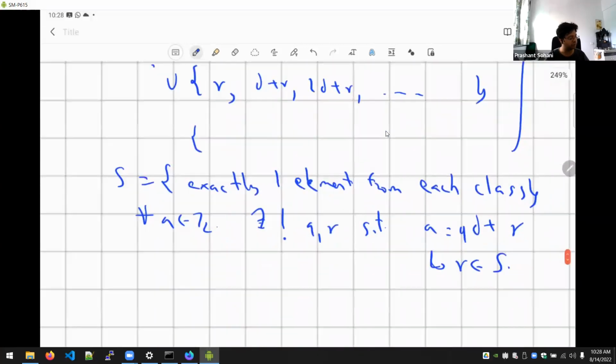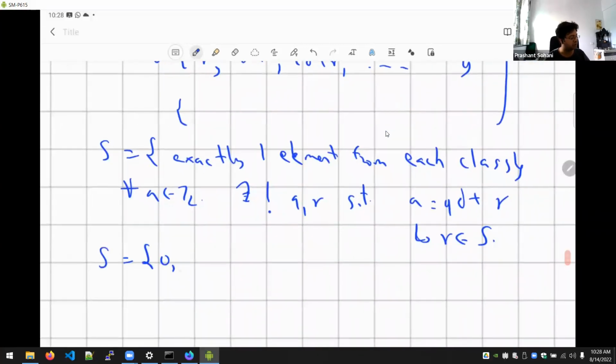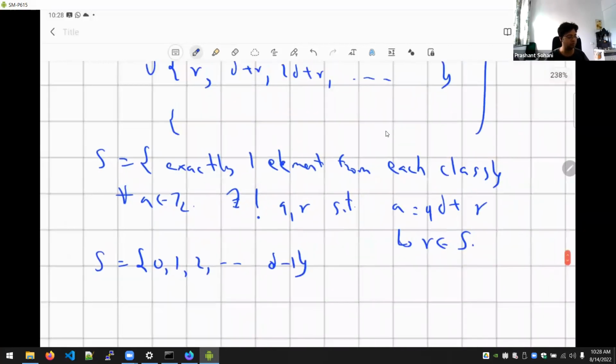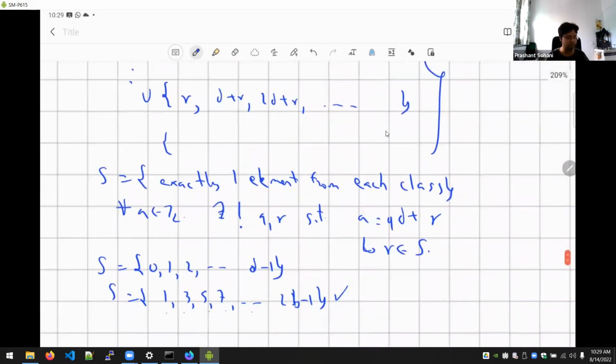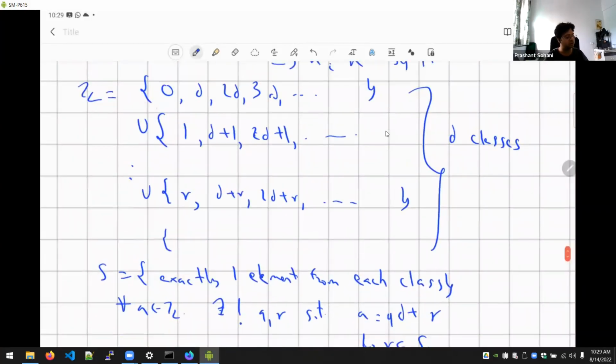So in the normal division algorithm, we take S to be the most boring set. It is just 0, 1, 2, 3 up to D minus 1. So this is the standard set of remainders that we all know. In the question I asked in the test paper, I considered the set S to be the set of all odd numbers: 1, 3, 5, 7 up to 2B minus 1. But the important thing to realize is, why did this set work? It was simply because all of these elements belong to different equivalence classes, right? So if I consider all the remainders which B generates and write them in this way, then each of them was going to lie in a different class.